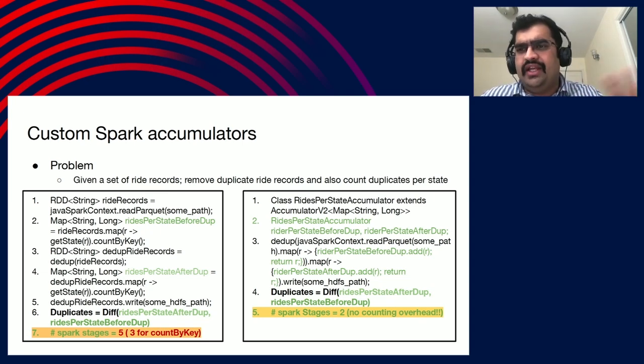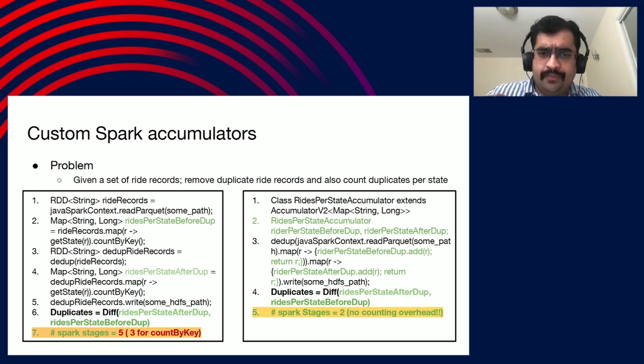Traditionally, that's what a lot of people are using in their Spark code. But along with Spark long accumulator, the Spark framework provides something called accumulator v2, which you can see on the right side. This accumulator v2 lets you define your own custom accumulators, and that can be a very powerful tool. This is an example of how you can use an accumulator to solve a real business use case, at the same time reduce runtime and save some resources.